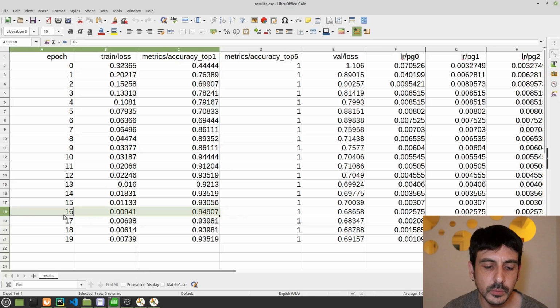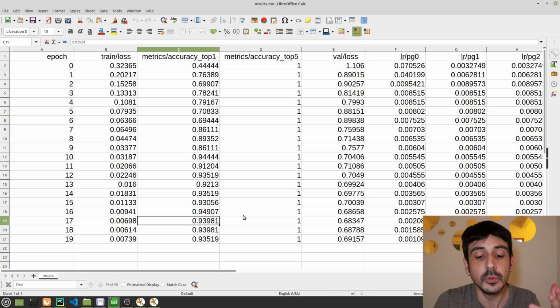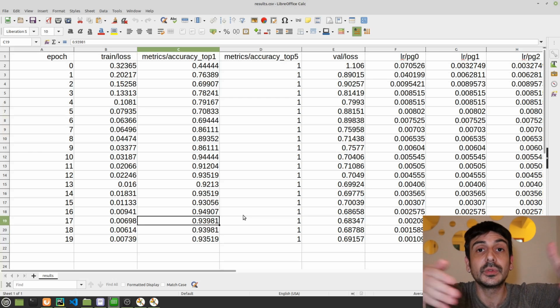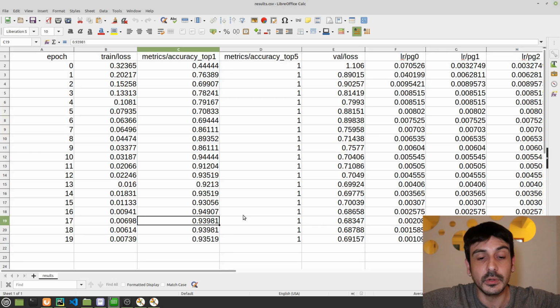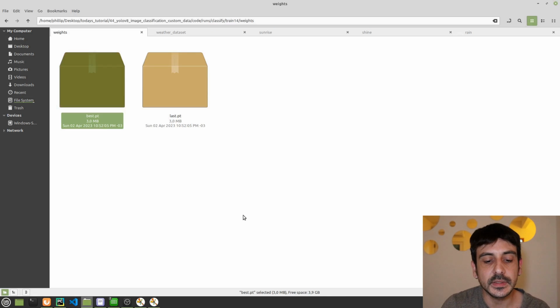mistaken, right? It's the model we produced at the end of the 16th epoch, and our validation accuracy was 94.9%. So this is definitely higher than the accuracy we got at the end of this training process, which was 93.5%. And if we take the best model we have produced in the entire training process, then we will definitely need to take this model. So this is exactly what best.pt represents, the best model you have trained in your training